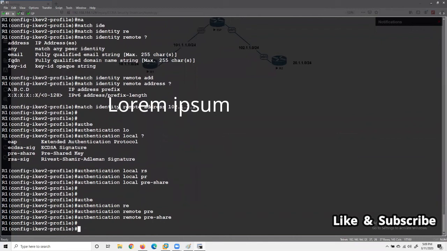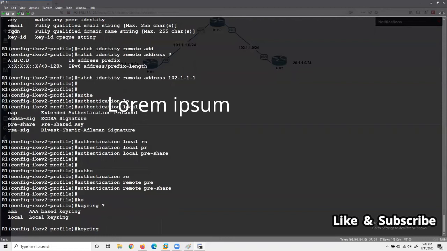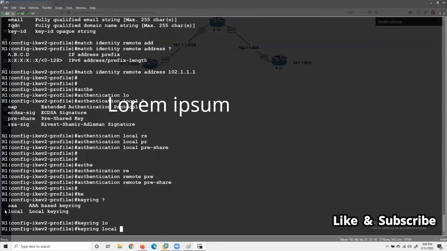In the next practical we will do signature. Yes, in the next practical we will do pre-shared key authentication on one side and the other side will authenticate itself with certificates. Exactly. Okay, fine. Now you have to call your keyring as well here. I told you that you have to call the keyring, and you created the keyring locally in the local database because we are not using any AAA based keyring. So local, and what was the name? My key.